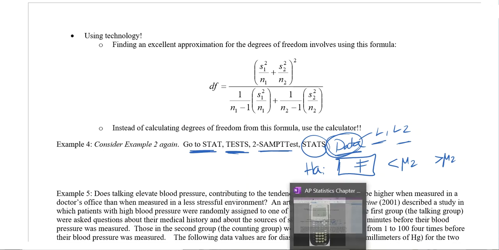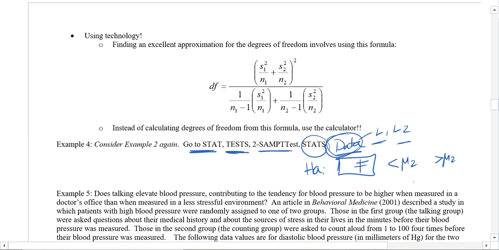For pooled, you never want to choose that. Always choose no for everything we do. What that's going to do is pool the standard deviation so that you're just using one standard deviation. We're fine having 2 different values. So you hit no and then hit calculate.